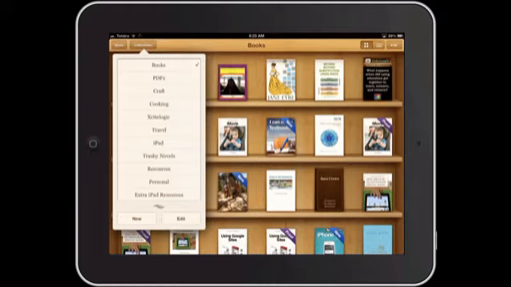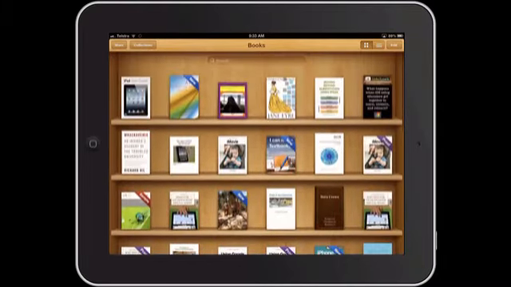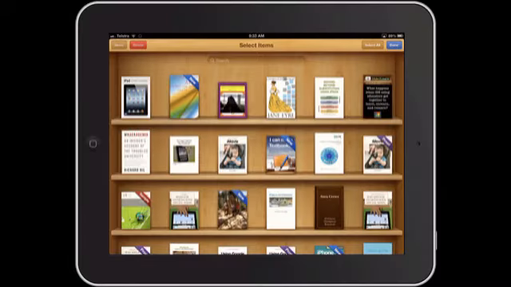Now you might be saying, right, so how am I going to put my books from this giant bookshelf, which has all of my books in it, and then organize them into my collections? It's really quite simple. All we have to do is go to our top right hand side and we press edit. We then tap on any of the books that we want. So if I tap on my iPad one,